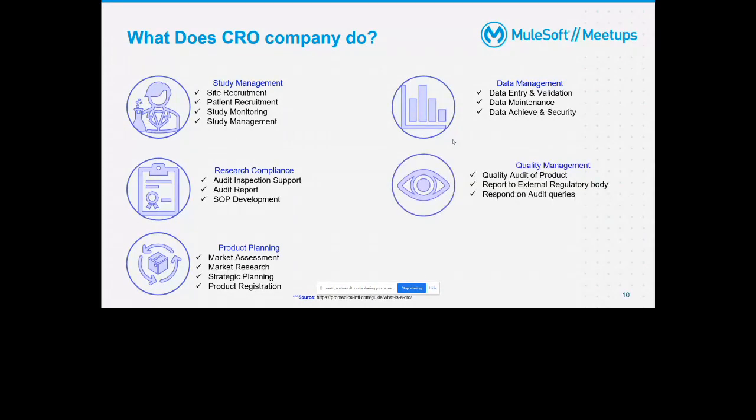So next is quality management. Definitely, at each and every layer they have to report regarding the quality of the medicine or the therapeutic process on which the trial is going on. And another thing is that they have to do a lot of reporting and medical writing. Many clinical research organizations periodically publish their reports on some of the trial processes or some new disease appearing, and what is going on on the medication and curing side of this new disease, what research is going on. So that kind of medical writing they also need to do.